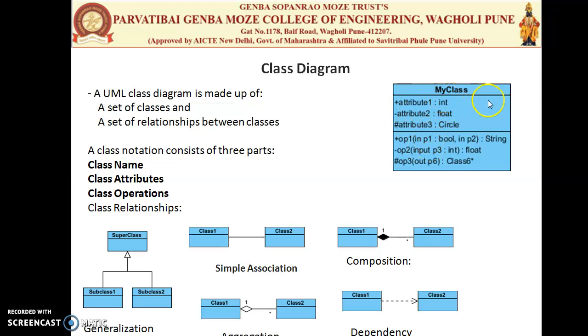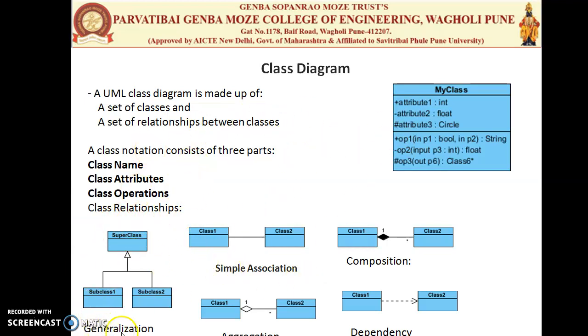Generally in a Java class or C++ class we use the attribute as a variable and the operations as methods. So the class contains three parts. First is the class name, second is the class attributes, and third is the class operations. So we have different class relationships, means the relationships between the different classes.